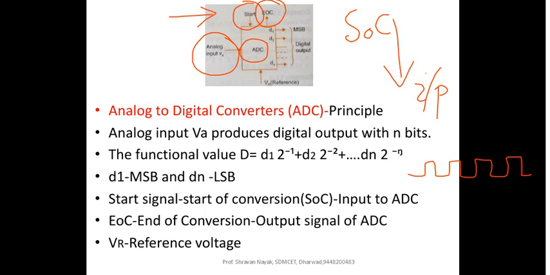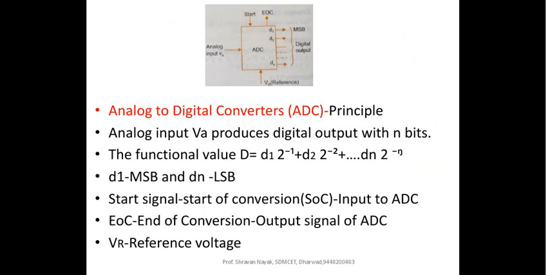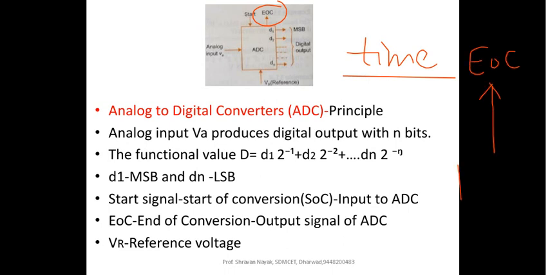A start of conversion signal is an input signal to the ADC to start the conversion of the analog input available at its channel into its equivalent digital output. Then the analog to digital converter starts converting the analog value into its digital value. It will take a certain time to do so. After having completed the conversion, the end of conversion signal, EOC, which is an output signal from your ADC, has to be initiated.